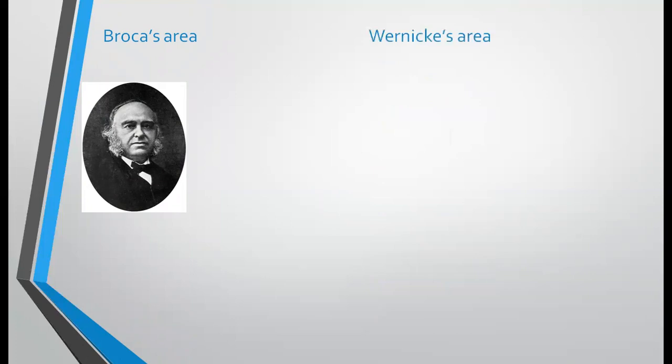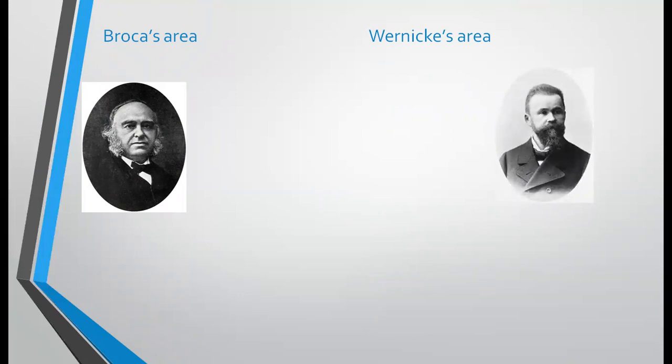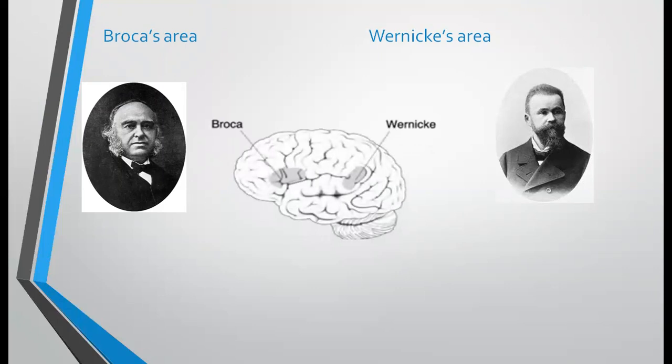The next one is Wernicke's area. Wernicke's area, the part of the brain which got its name from a German neurologist who discovered that it controls your ability to understand and select the right words to use when you talk, is part of your temporal lobe. While Broca's area is part of the frontal lobe, Wernicke's area is part of the temporal lobe. Here you can see the picture of it. In this video we are going to discuss 2 types of aphasia, Broca's aphasia and Wernicke's aphasia: the damage in the frontal lobe and the damage in the temporal lobe.